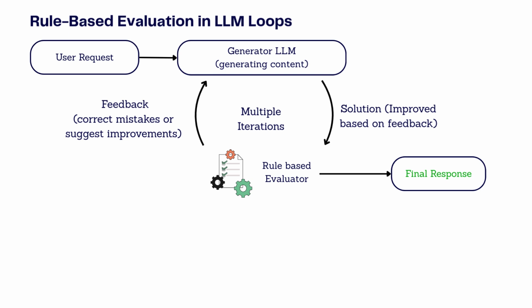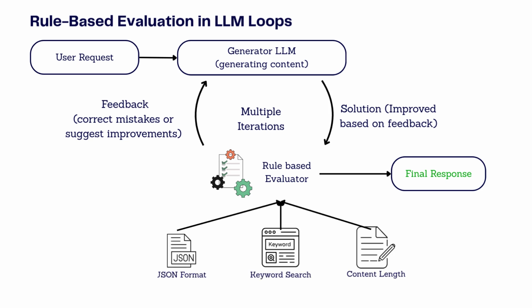Before evaluation, we set specific rules for what points should be included in the final output. For example, it can ask for output in a particular JSON format, or it might look for certain keywords, or it can check for content length or factual coverage. The generated response from the LLM is automatically tested against these rules. It can provide pass or fail feedback, or can give a score based on its performance metrics.